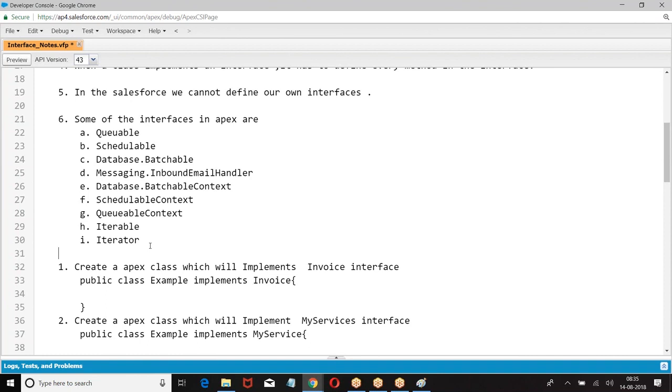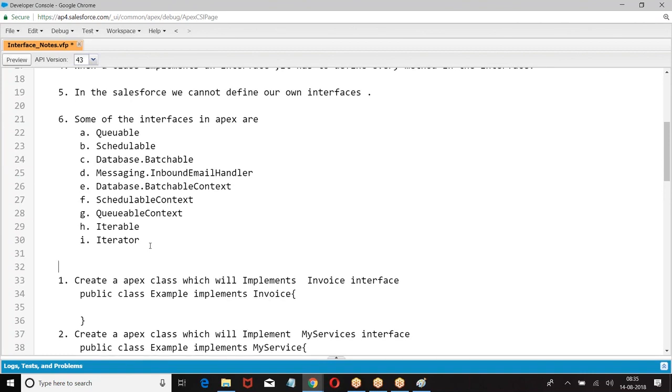We cannot create an object for the interface, so you cannot use the interface directly. If you want to use the interface, it should be used along with the class only. Class will implement the interface, create an object for the class and use it. How do you use a method in the class?